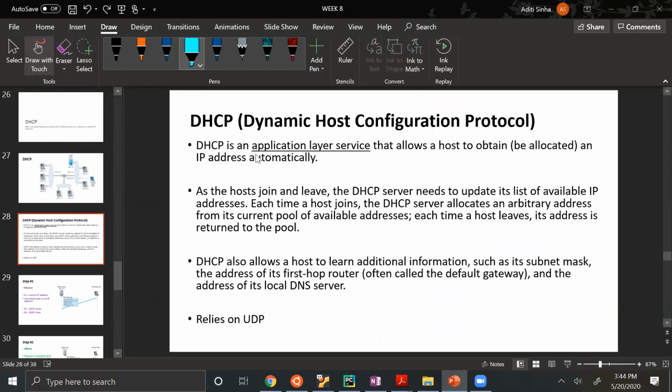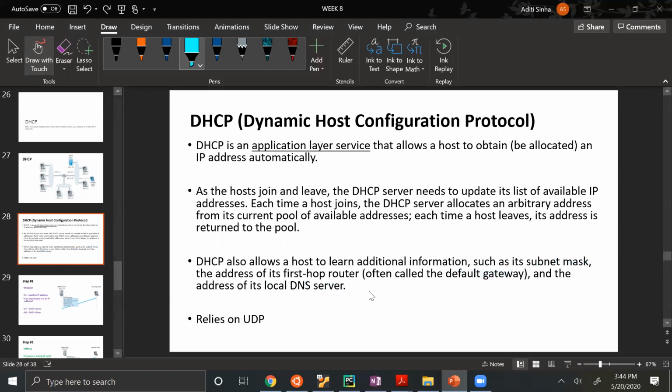And so DHCP is an application layer service which relies on UDP in the transport layer. And every time hosts join or leave, DHCP updates its list of available IP addresses. And aside from assigning IP addresses, DHCP also gives additional information to hosts, such as the subnet mask, and also the address of the default gateway and the local DNS server, if there is one configured.